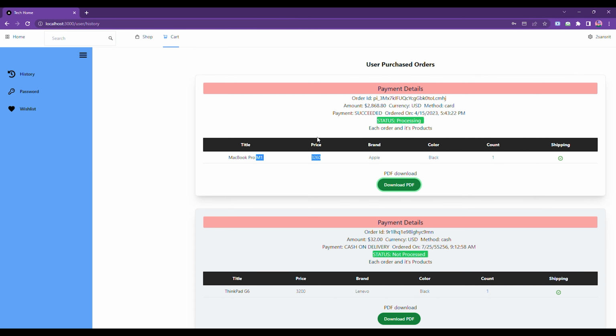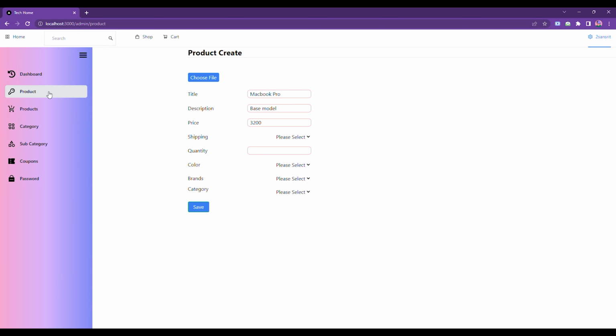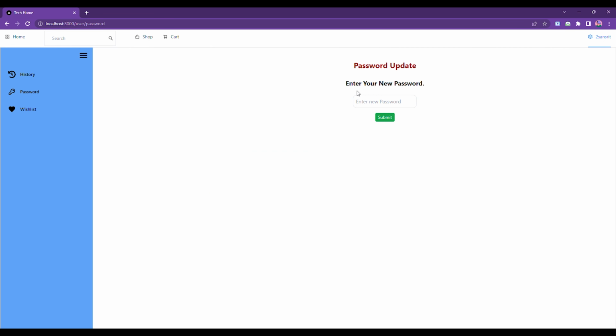Beside this, now I have seen the status as processing. Alright, so let me see. Okay, now I want to show you the admin side, what happens on the admin side. So this account is also my admin account. Okay, this is my admin section. From this section I can do different things, like I can change my password, I can update my new password, I can see my history,